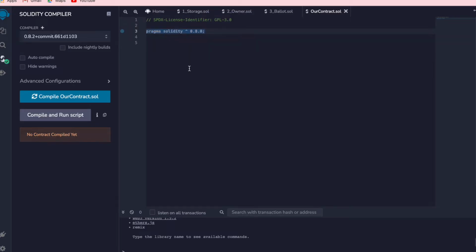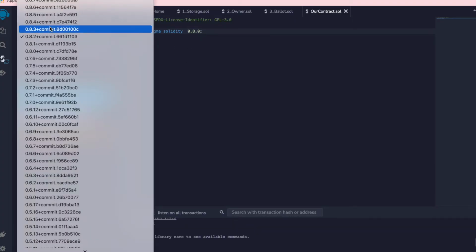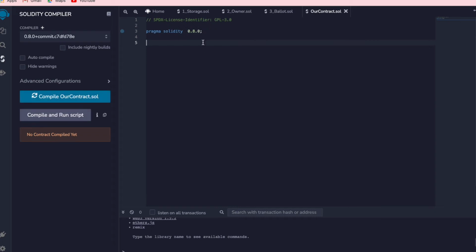But for our case, I just want 0.8, the 8 version of Solidity. So we choose version 8, and now we're good. After identifying this, we need to keep on writing, and then we just type the word contract,